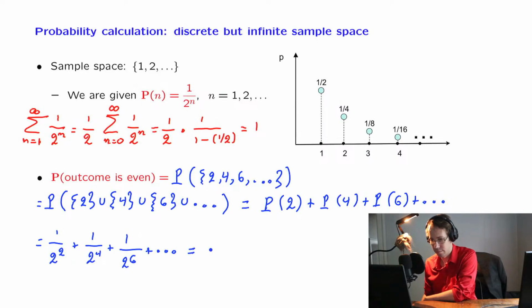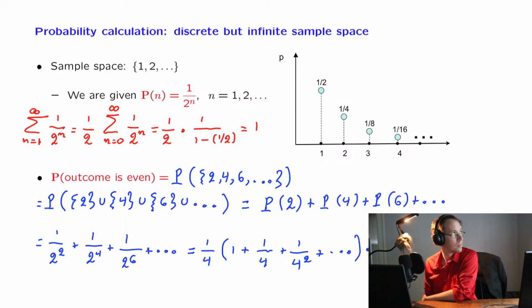Now you factor out a factor of 1/4, and what you're left with is 1 plus 1 over 2 to the second power, which is 1/4, plus 1 over 2 to the fourth power, which is the same as 1/4 to the second power, and so on. And now we have 1/4 times the infinite sum of a geometric series, which gives us 1 over 1 minus 1/4. And after you do the algebra, you obtain a numerical answer, which is equal to 1/3. But leaving the details of the calculation aside, the more important question I want to address is the following. Is this calculation correct? We seem to have used an additivity property at this point,